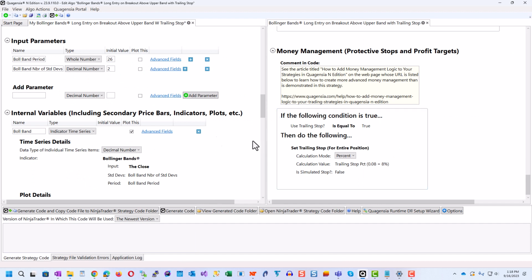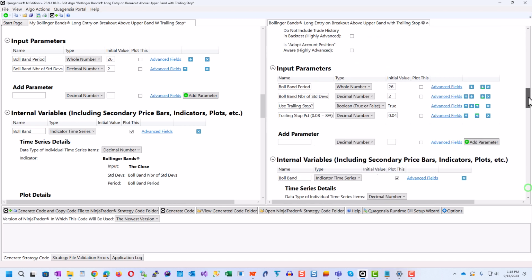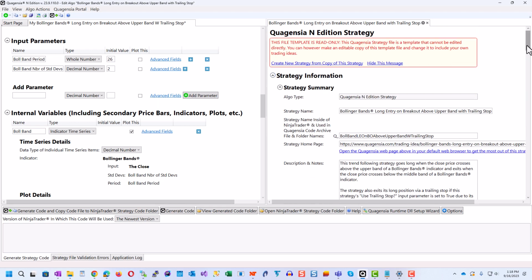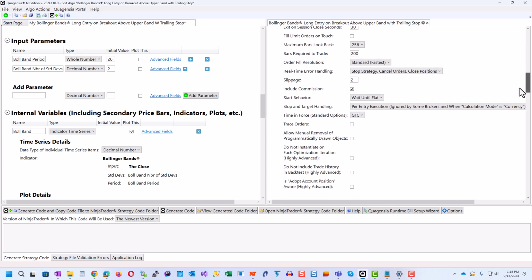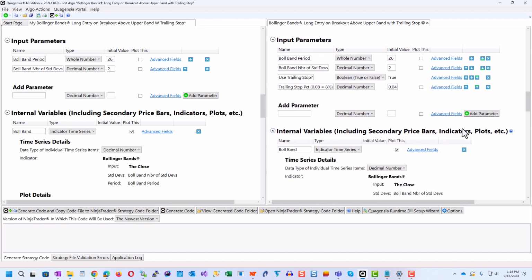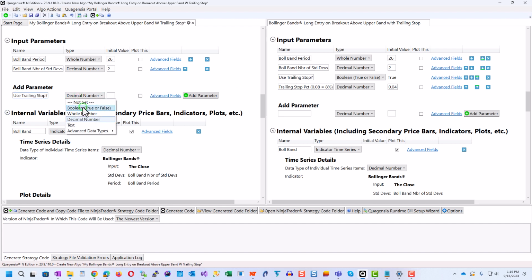Great. So here's the strategy we're going to copy. We're going to scroll down, and its input parameters, it has 4, and the one over here only has 2. So let's go ahead and add the use trailing stop input parameter, which is a Boolean with a default of true. We're going to copy this phrase and paste it here, and we're going to choose a data type of Boolean, and it will default to true.